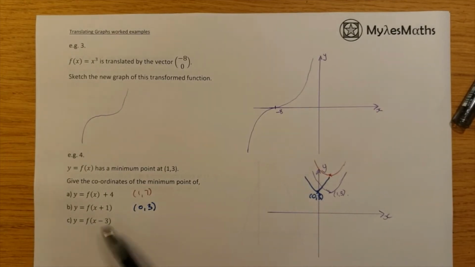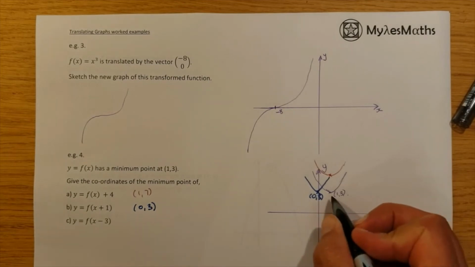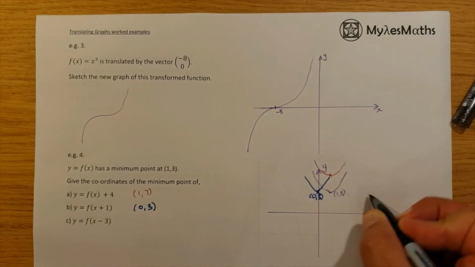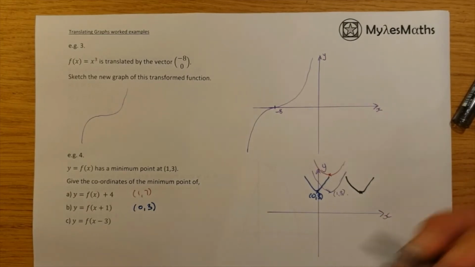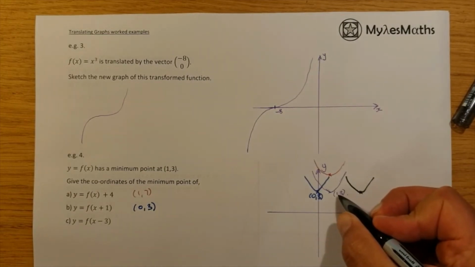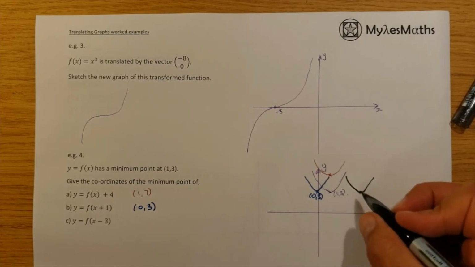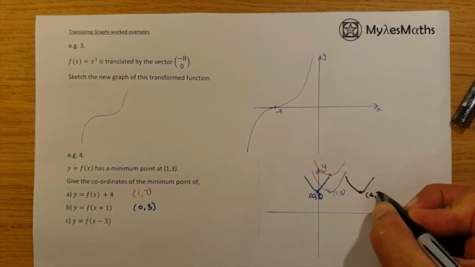So it's not going left 3 places, it's going right 3 places. So this is going to go 1, 2, 3. We're going to end up somewhere over here. My graph's going to look a bit like that. And I'm going to have moved 3 places to the right, so this is going to be at 4,